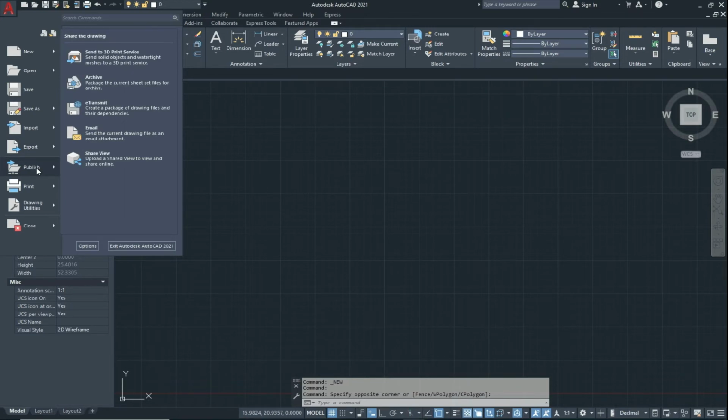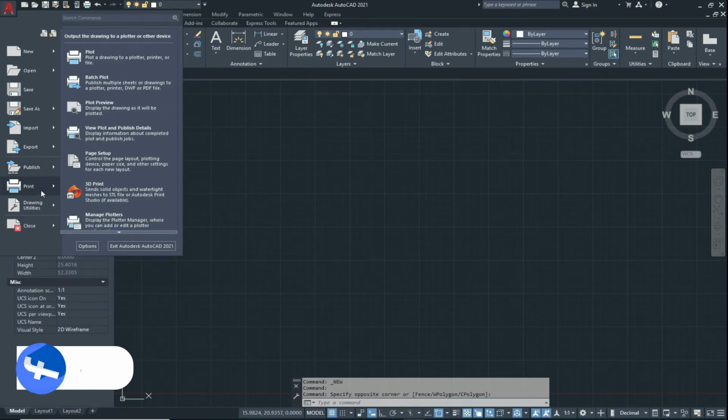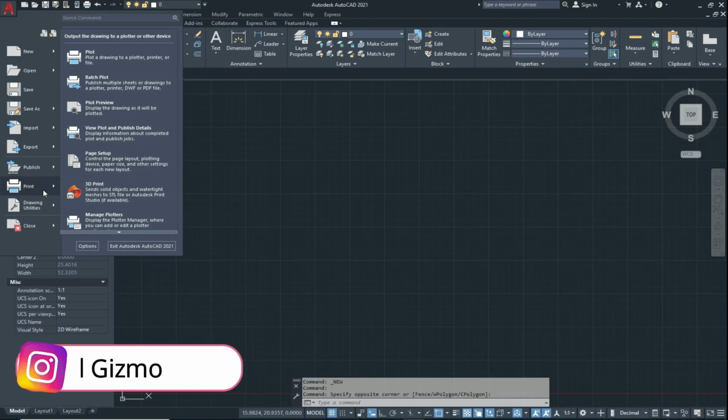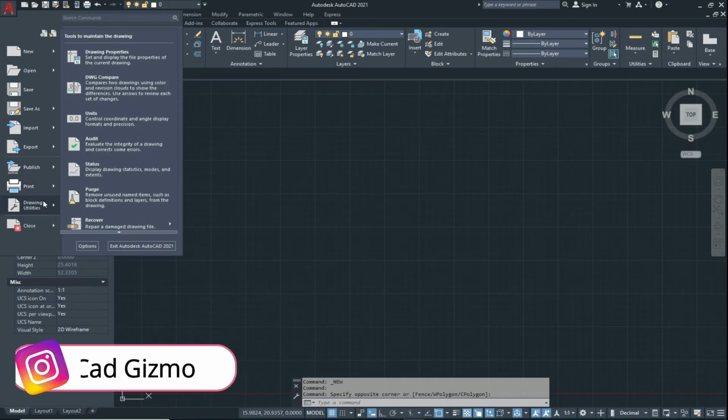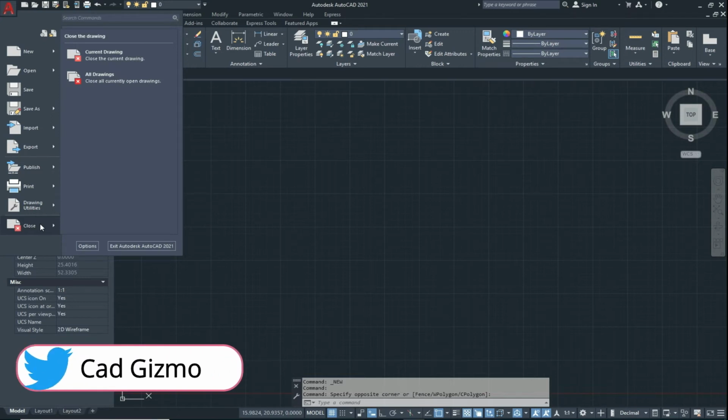You can publish your drawing from here, and you can also print your drawing from here. These are the drawing utilities, and you can close your current drawing and all drawings from here.